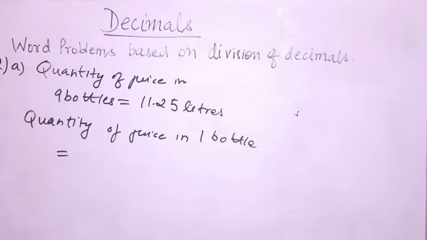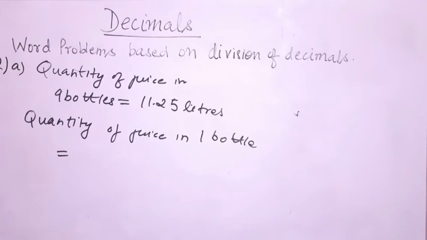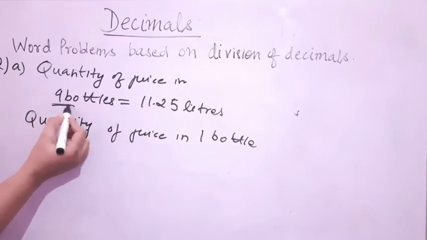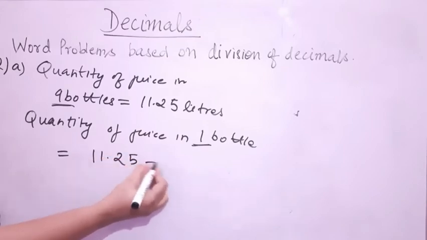So how will we find out? The value of more is given to you and you have to find out for less. So please remember the unitary method, and please pause the video and reply to me in the comment section what we have to do in this question, multiplication or division. Your time starts now. You have 10 seconds to reply. Very good students. In this question we have to divide, because the value of more is given to you and you have to find out the less value. So we will perform the division process.